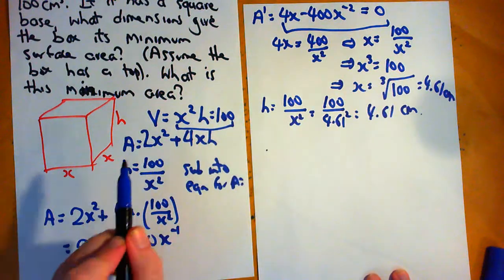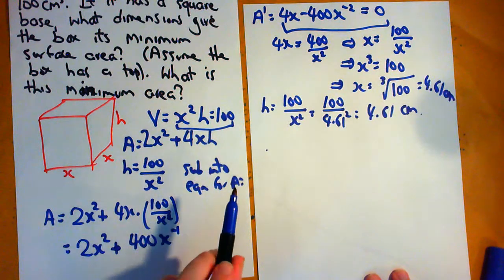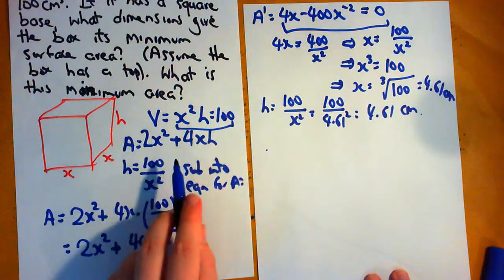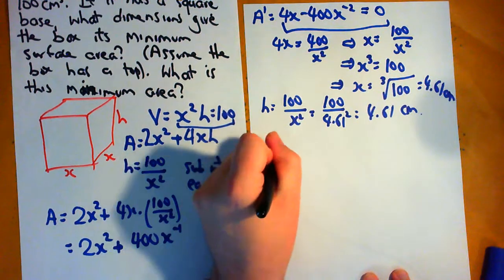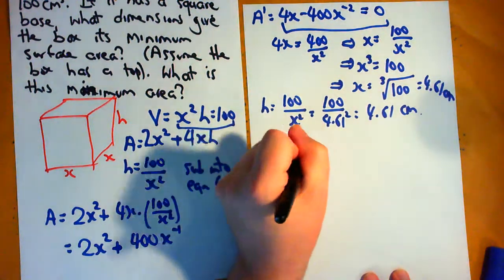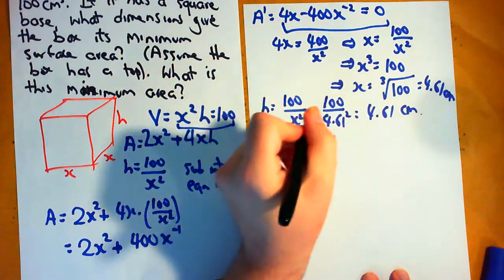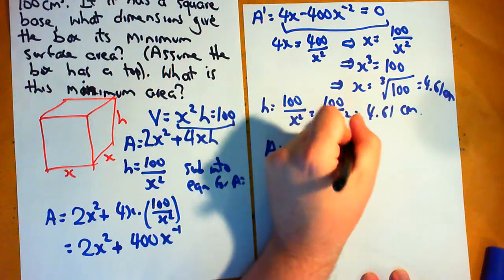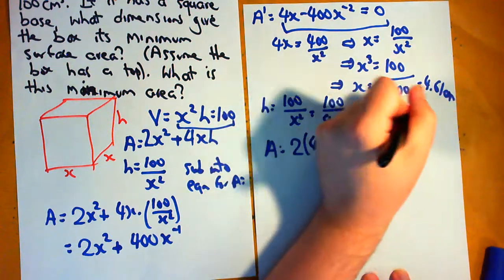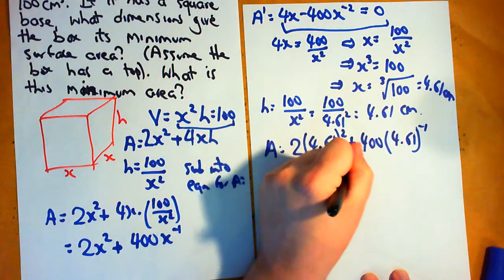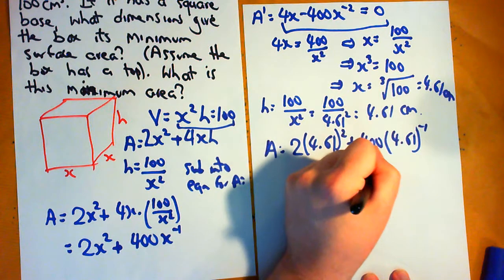So we can substitute both values of x and h into this equation, or we can substitute just the value of x into that equation, either or, because really this equation was obtained by substituting h in anyway. So we've got area equals 2x squared, which is 2 times 4.61 squared plus 400 multiplied by 4.61 to the power of -1. And if we calculate that, we get 129.3